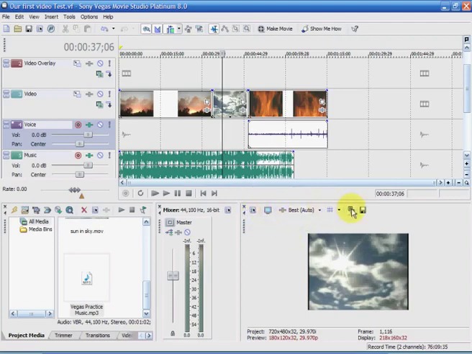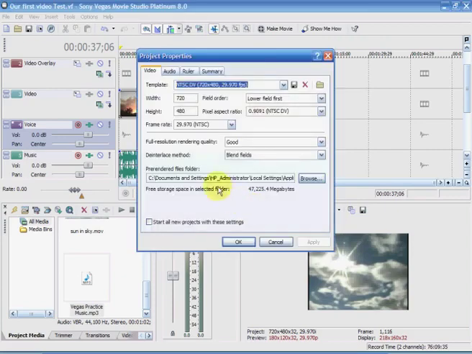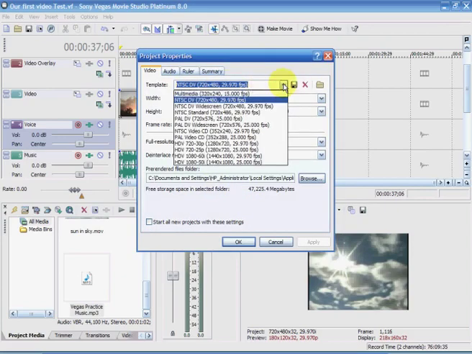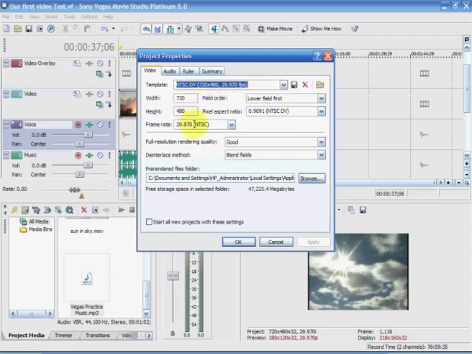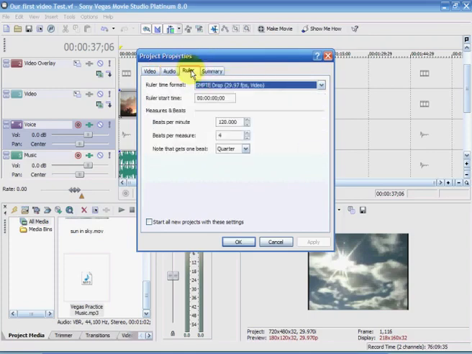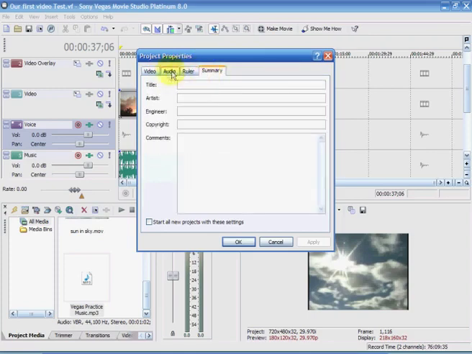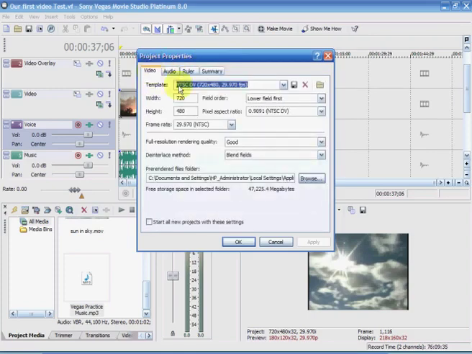The first icon in the toolbar within the preview window shows your project video properties, which you can change at any time. Your audio properties, your ruler, your summary, your resolution options,